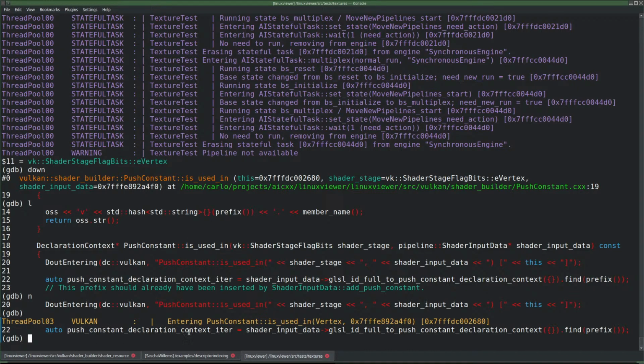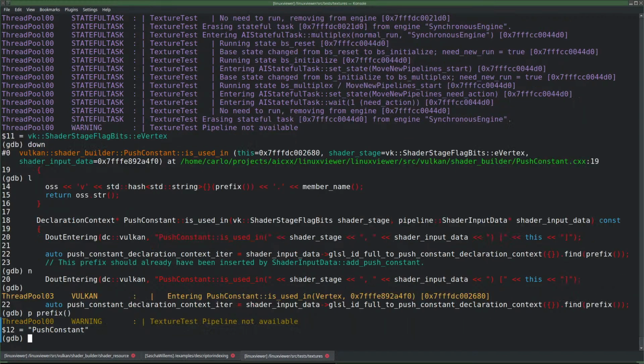Push constant declaration context iterator. Shader input data GLSL ID full to push constant. Declaration context. Find prefix. Guess prefix is just push constant. Yep. And it should find, of course,